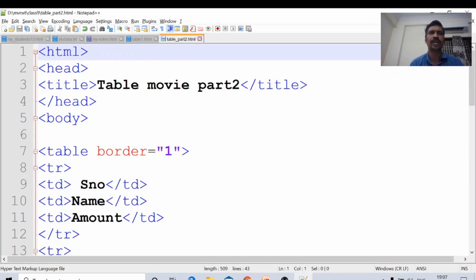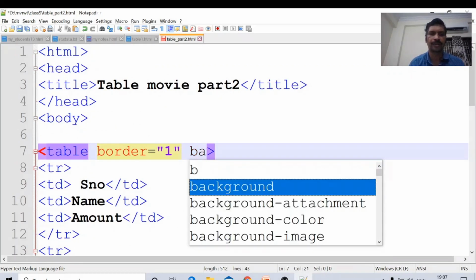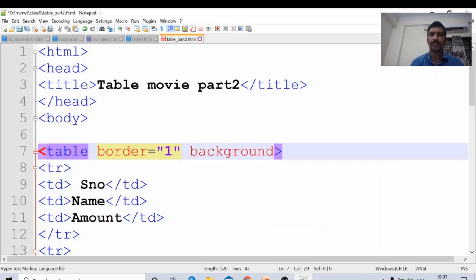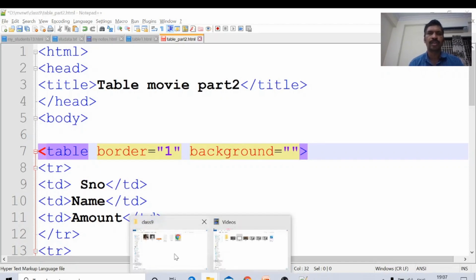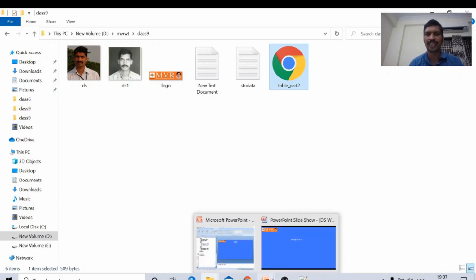For this table I want to set a background. I will write here background, not background color, just background. I will set an image. It is possible to set an image as the background. What images are available? Logo.jpg. I will set the background of this table as logo.